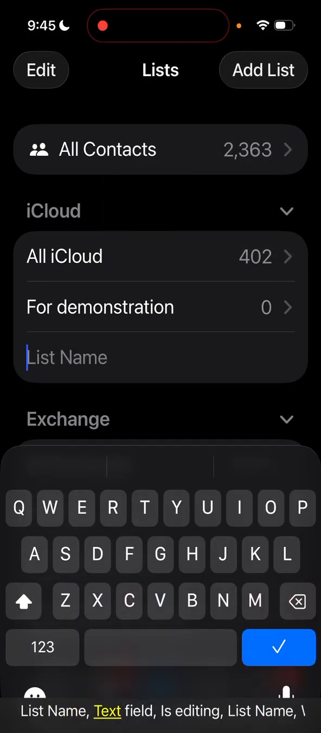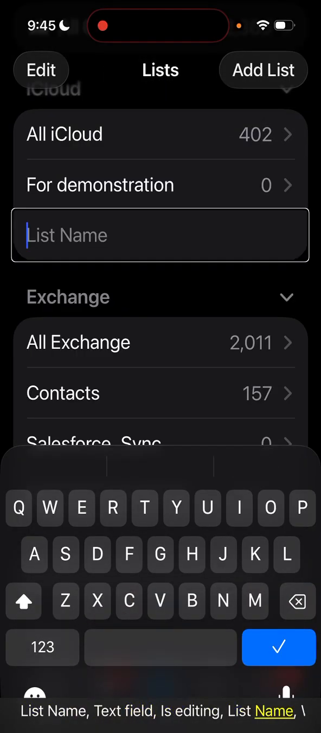List name. Text field. Is editing. List name. Word mode. Okay. Insertion point at start. Then it said list name, and I'm in the edit field, so the keyboard comes up in the bottom half of the screen. So I'm going to type. You could dictate and use the microphone button if you did not want to type, but I'm in this recording, so I have to type. So I'm going to type family. I'm going to create a family